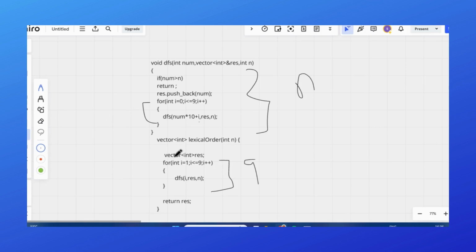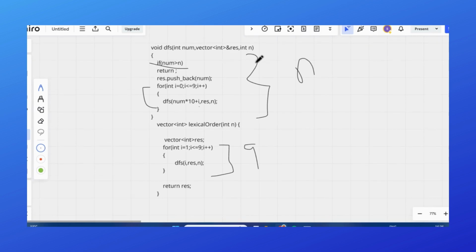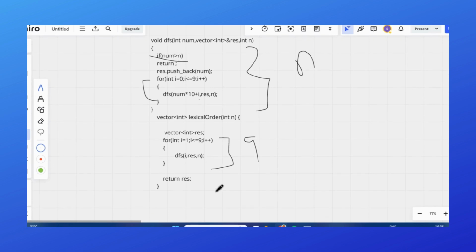So overall our time complexity is always order of n, because if the number is greater than n, we are not going to explore that number, we return from there. So time complexity is order of n only. And the space complexity, we are not using extra space, so space complexity would be order of 1, but